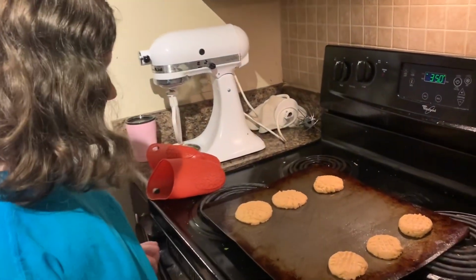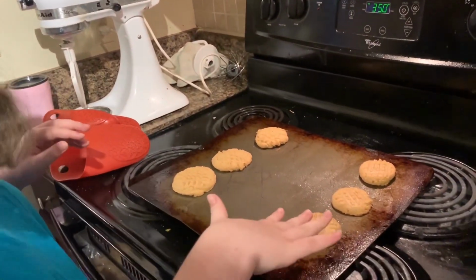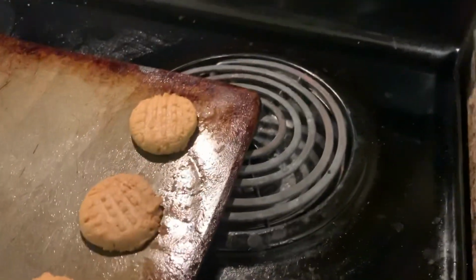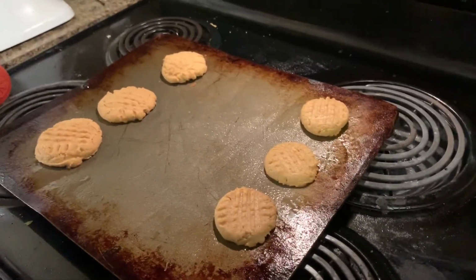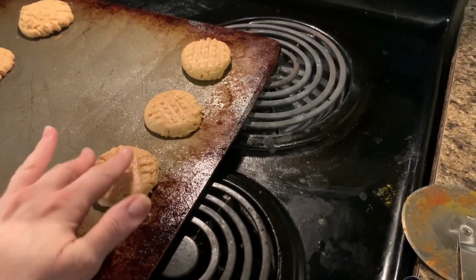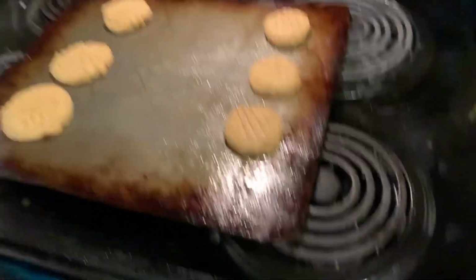Okay, good hypothesis. Also, these look more raw than these. I'm pretty sure they're cooked though. They have to be cooked. Yeah, I think they seem cooked, but they just look a little bit raw. They need to sit for a minute. Yeah, too. I would say these are prettier,